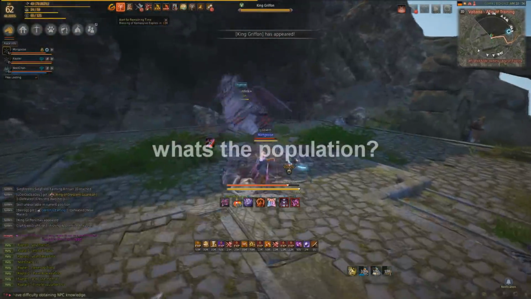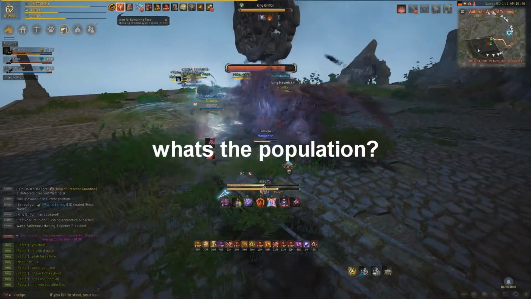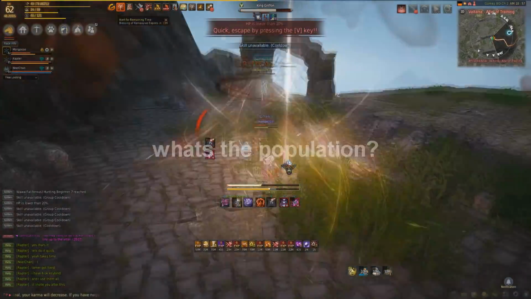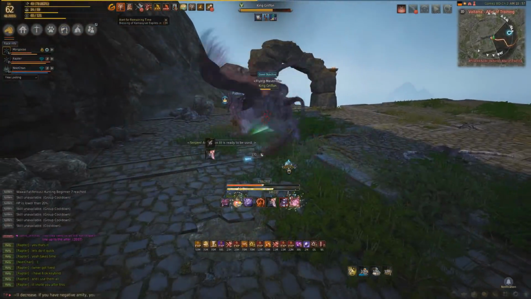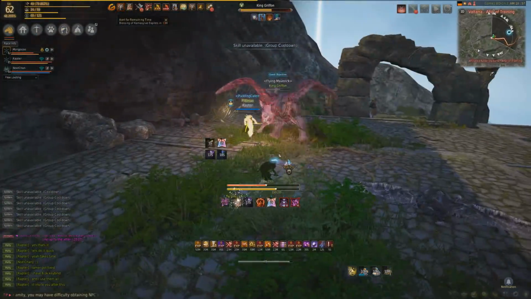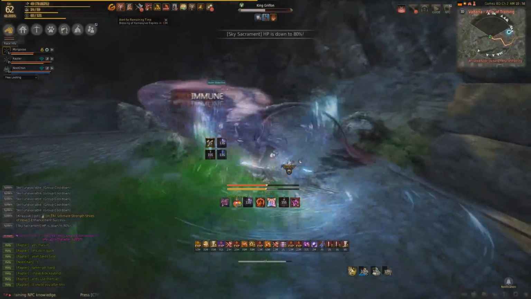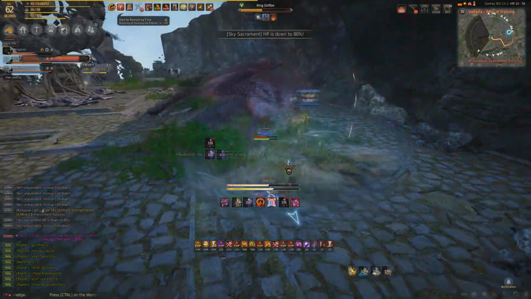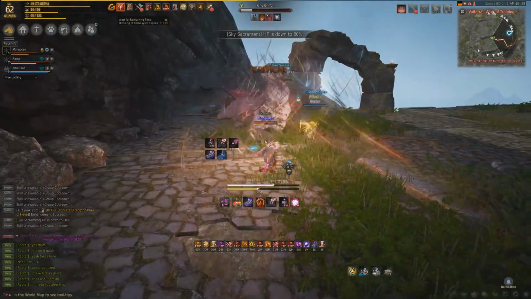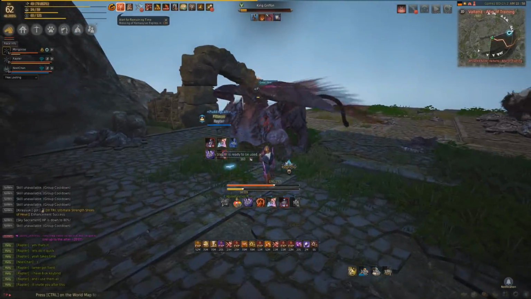What's the population of this server? The population of this server is on an average of 1,500 to 2,000 players at any given time. Now, that may seem like a small number, but if you think about it, it really isn't, at least not compared to retail. On Steam charts, retail has an average around 10,000 to 15,000 players. Now, you have to remember that Steam charts don't cover the entire player base because Black Desert is available with or without Steam. But we also have to remember that these stats represent both the NA and EU player base